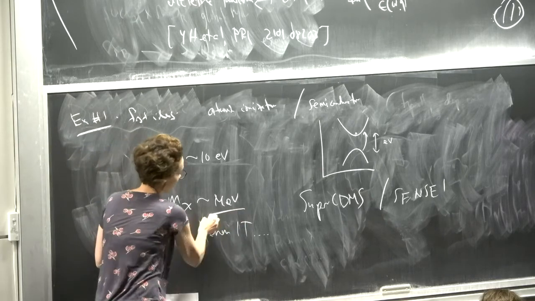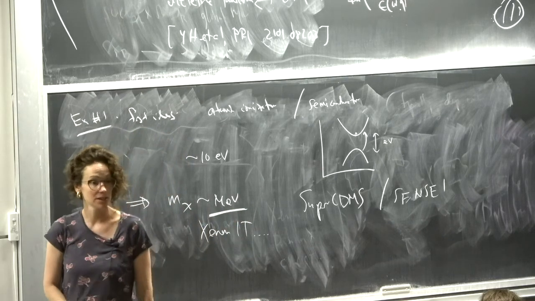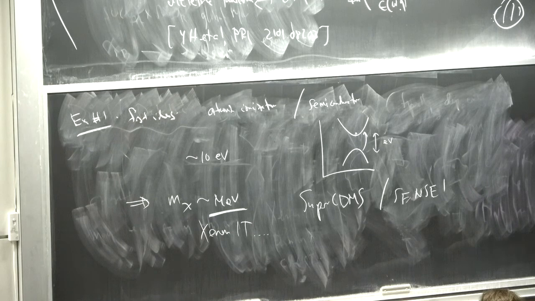But I can only go down to MeV, right? So what happens if I want to go even lower? That's something I fundamentally can't do with the electronic excitations in these systems because of the threshold that they have. And so if I want to go lower, in comes example number 2,